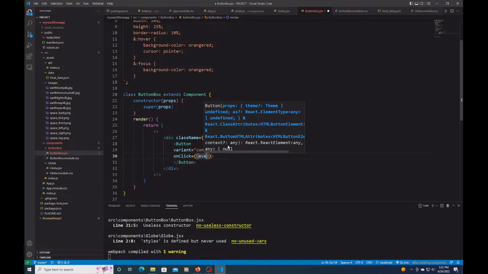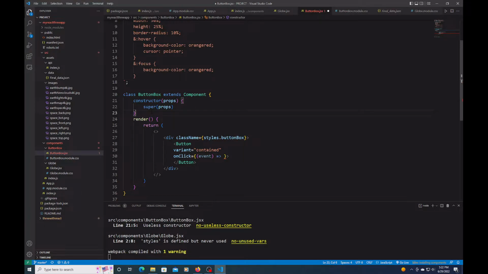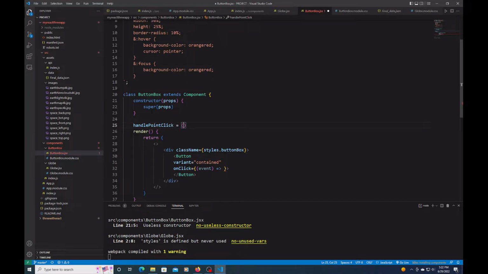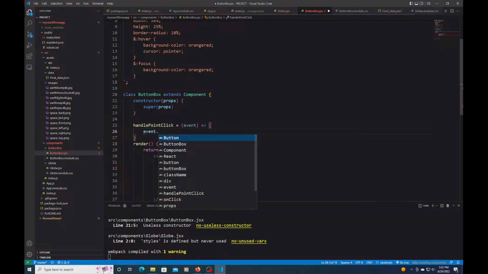It's going to be a callback function, so event, and then I need to create a function that will handle this event. So then I'm going to say handlePointClick is equal to, pass in the event, and I want to do event.preventDefault,